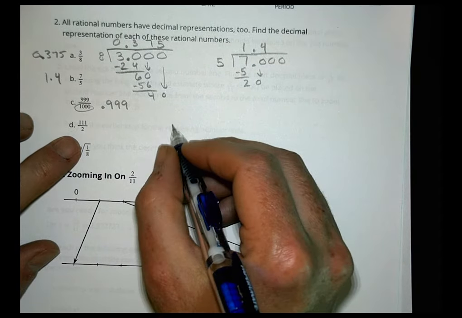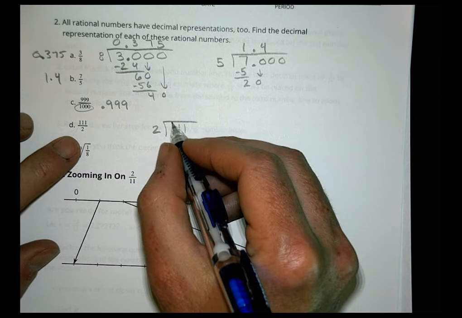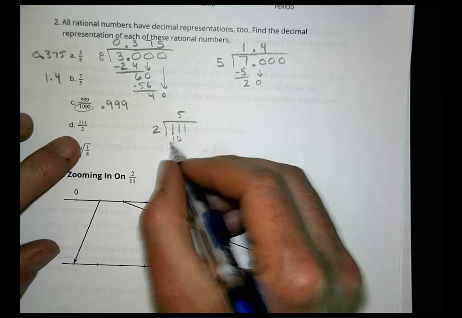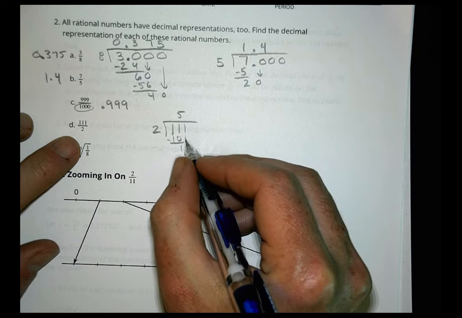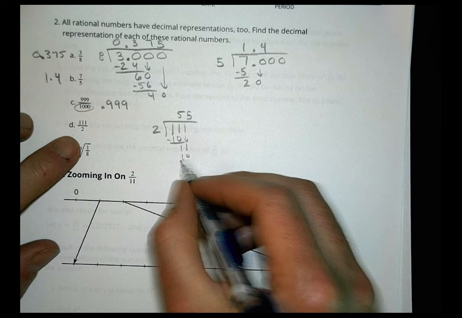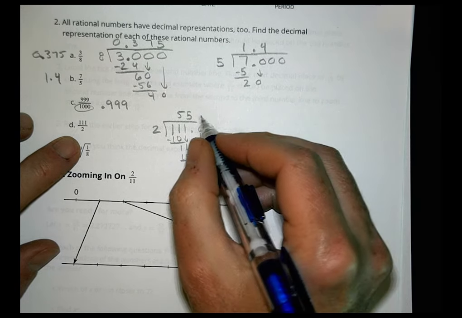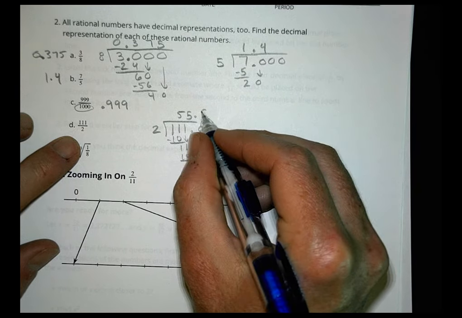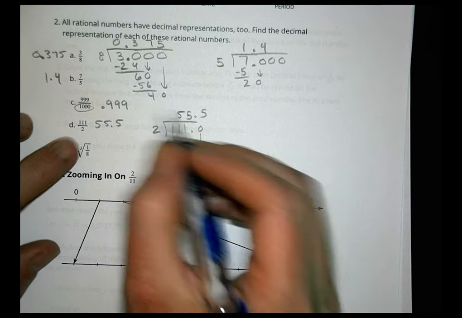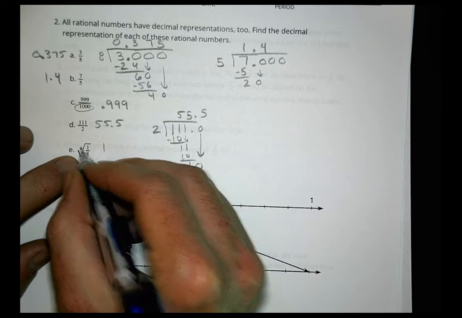For D, I have 111, and we're going to divide that by 2. So 2 goes into 1 0 times, goes into 11 5 times. So we have to subtract, we have to bring down that 1. It goes into that one 5 times. 5 times 2 is 10. We bring that down, we put a decimal and a 0, bring a 0 down now. It goes into 10, in this case here 5 times, and we're done. So we have 55.5. And our last one, cube root of 1 is 1, cube root of 8 is 2,